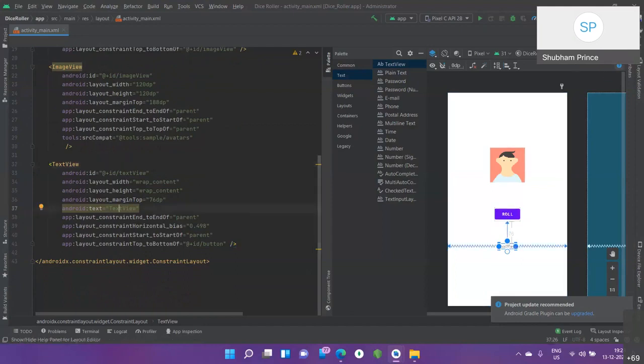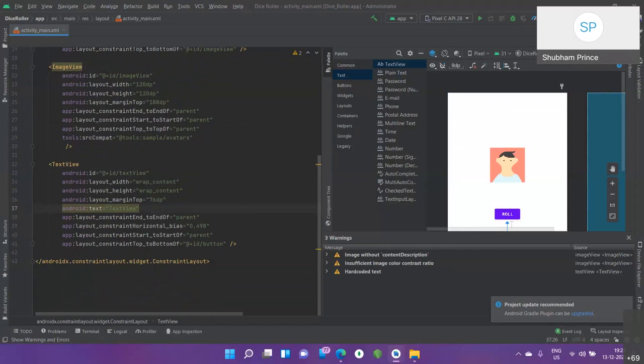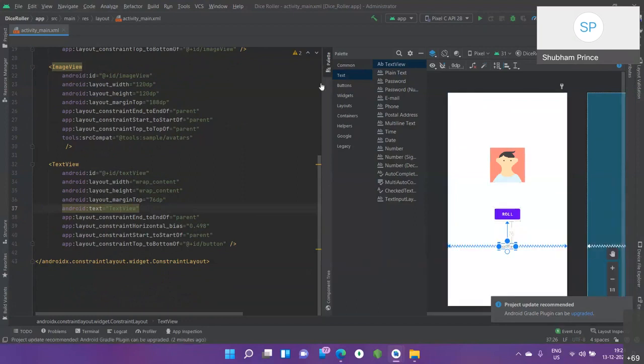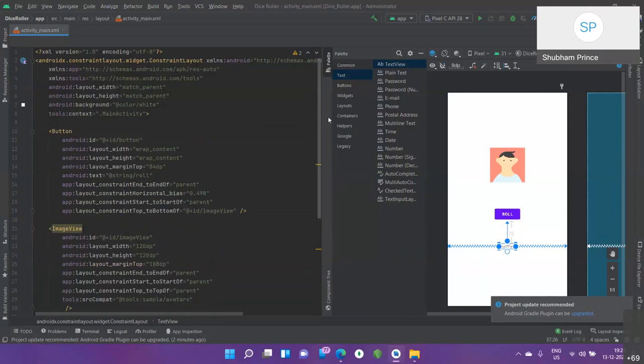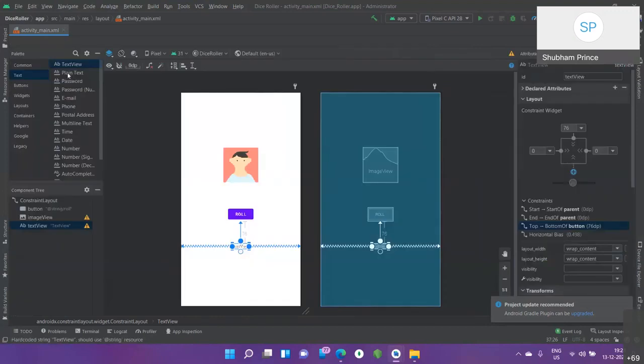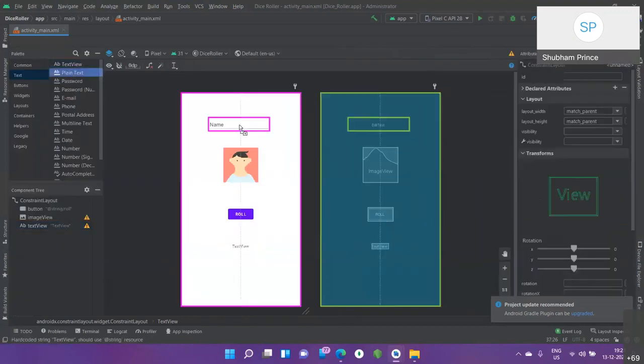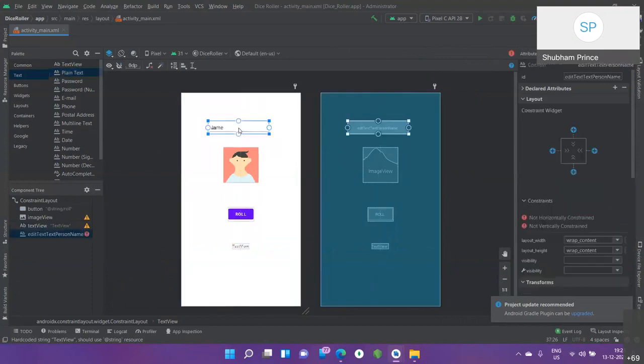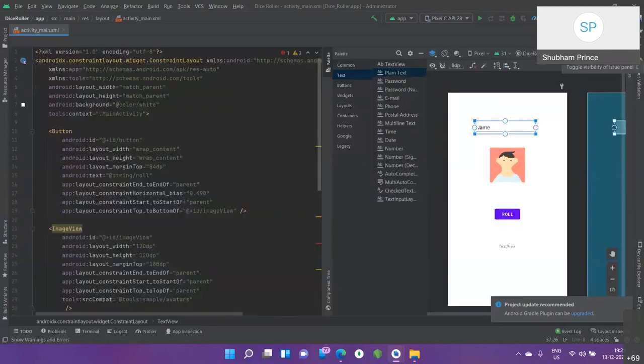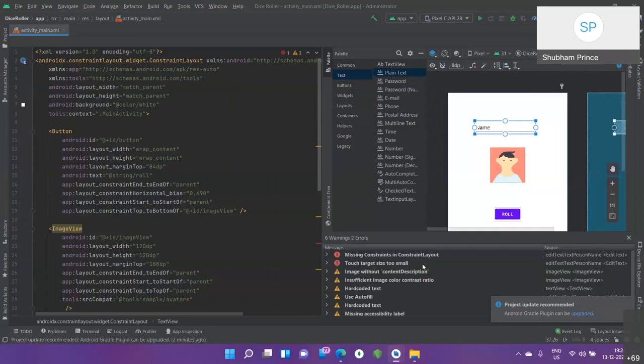One more thing, I'll show you. It will come in handy while working with constraint layout. I know there are some errors which you will face while working with it. For example, if I'm taking this plain text and dragging it here, while you're creating a form filling activity which will take name, address, whatever, the first page. You can see there is a red icon visible here. It's saying touch target size is too small. That's not the error I'm talking about.